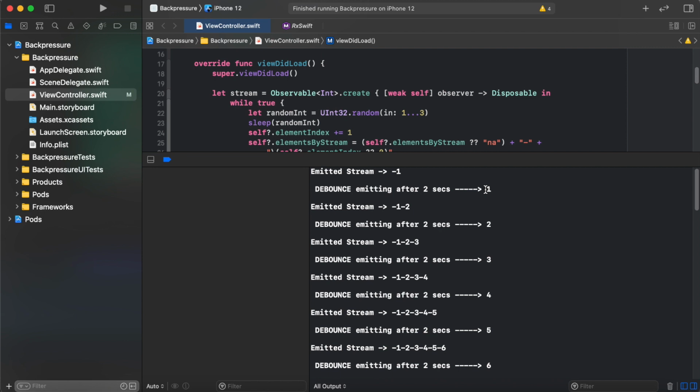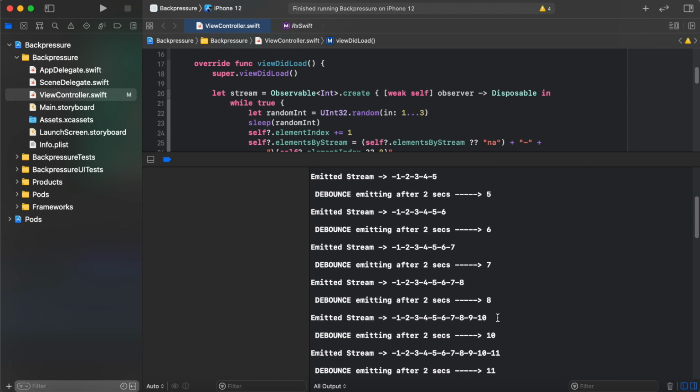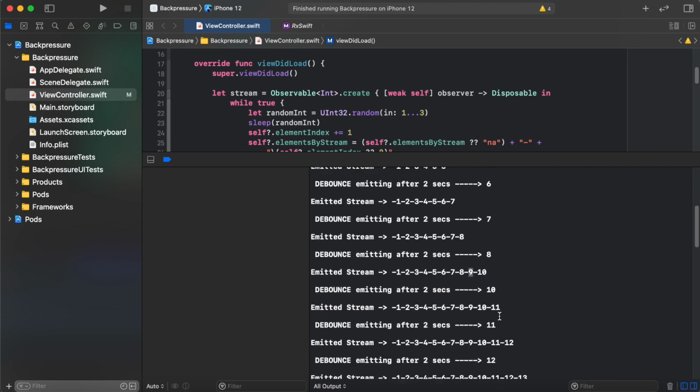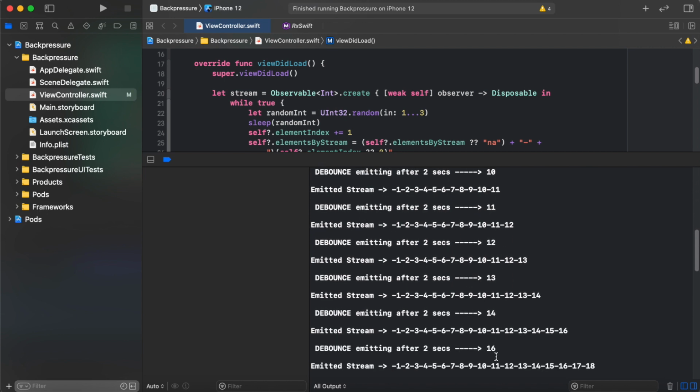Now we can start from 1. You can see there are subsequent emissions from the debounce operator after every 2 seconds. That is 1, 2, 3, 4, 5, 6, 7, 8, 9 is missed, then 10, 11, 12, 13, 14, 16.